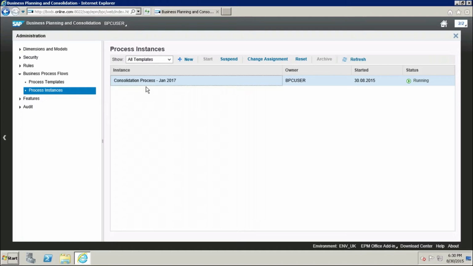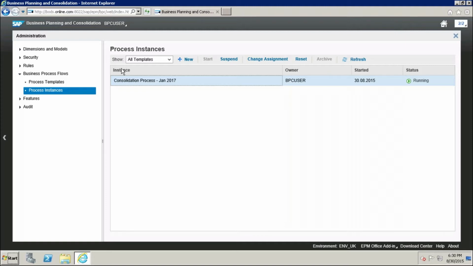Once the BPF instance is created and we set the status as running, that means we started this BPF instance. This activity is done by the admin. So once this is done by the admin, how does the user know that for this month the BPF instance was created and what activities need to be done by that user?